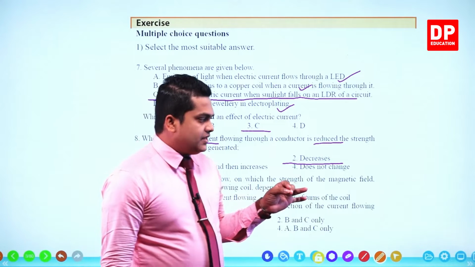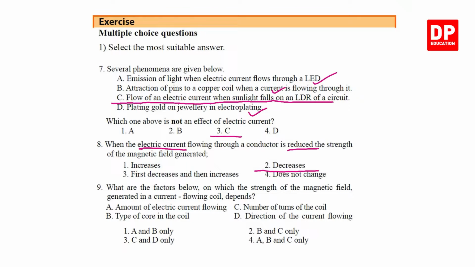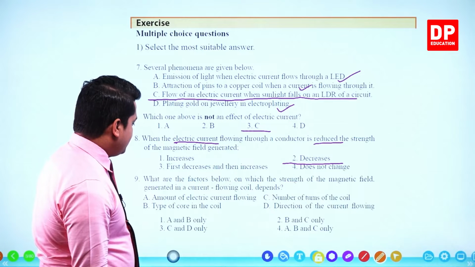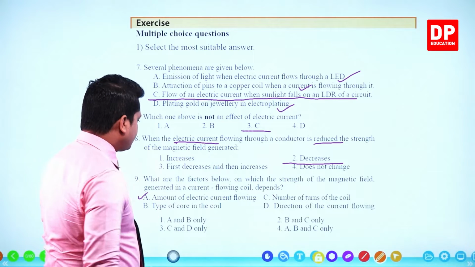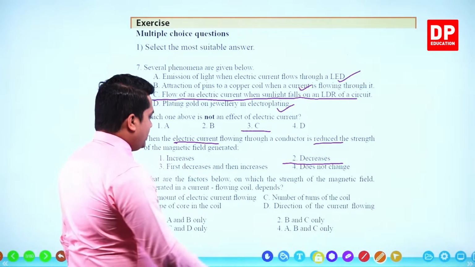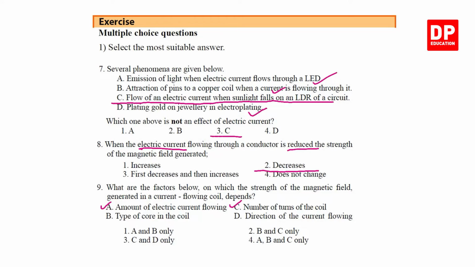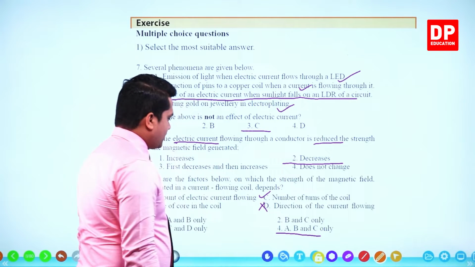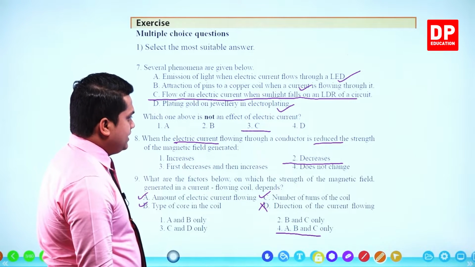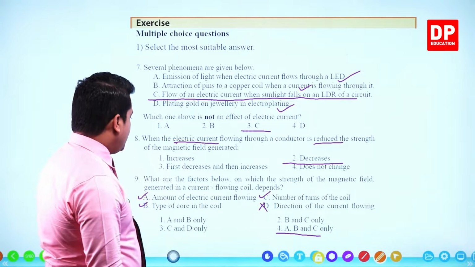So my dear children, let's see what is the odd one out given here. Amount of electric current flowing, correct. Number of turns of the coil, correct. Type of core in the coil, once again correct. Direction of the current flow, irrelevant. So A, B and C should be the answers. A, B and C is the answer. Right then,